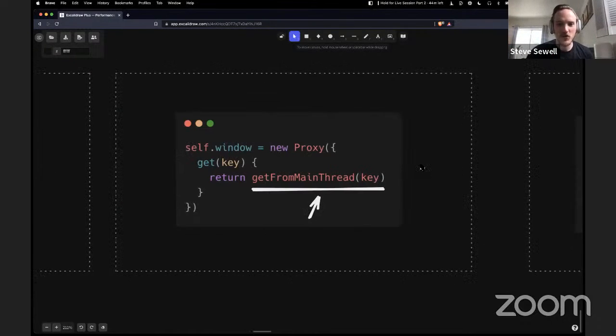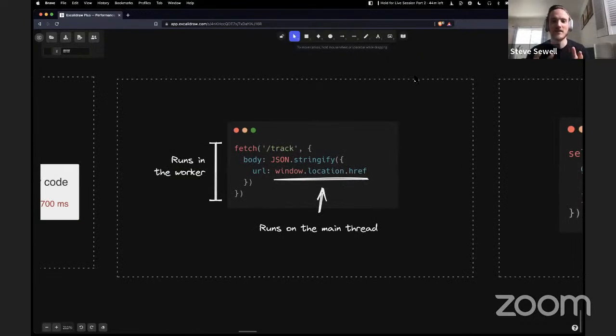And so that's where you, to rewind, get right back into this. In this example, code's running in the worker. When you touch window.location, we're freezing the worker thread. We're going to the service worker, it goes to the main thread, gets the values, returns it. Now your third-party code continues. The net effect here is third parties literally become free.